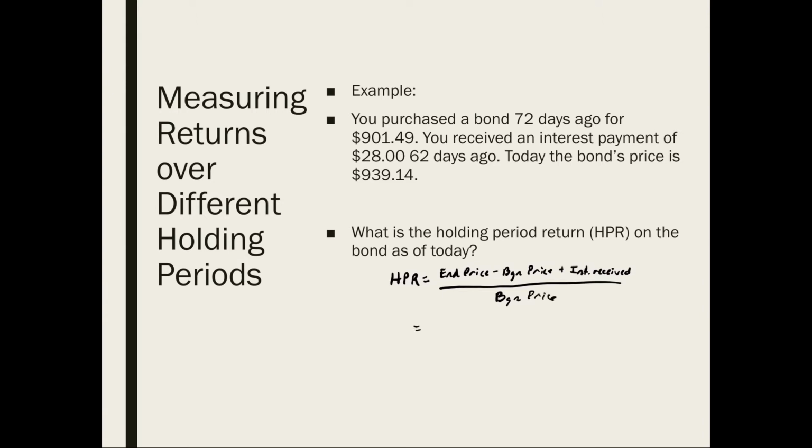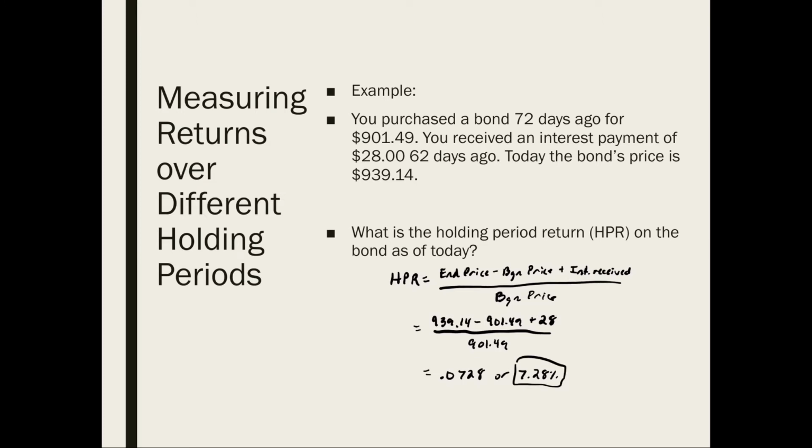So inputting our values here, we had an ending price of $939.14 minus the beginning price of $901.49. We received $28 of interest over this 72-day period, and we divide it by the beginning price that we paid of $901.49. When we do our calculations, we get a value of 0.0728 or 7.28% return over this 72-day